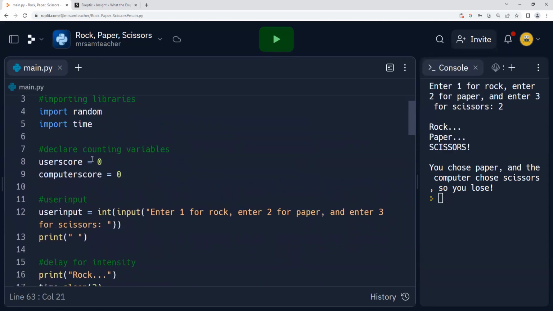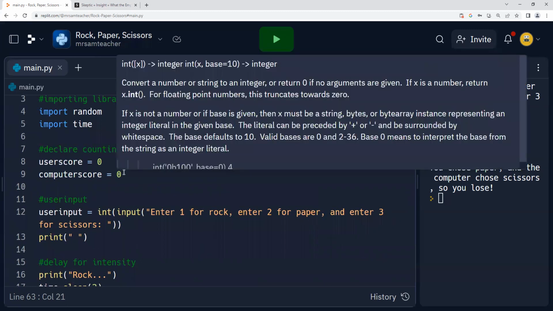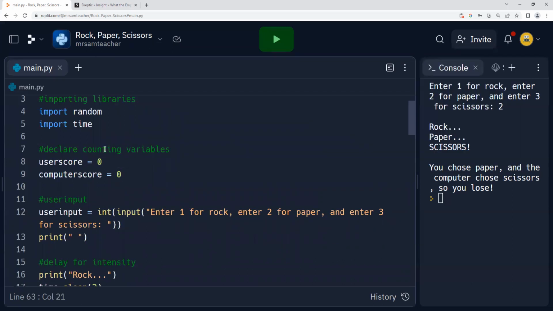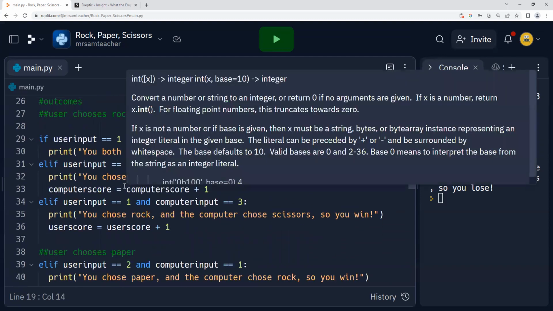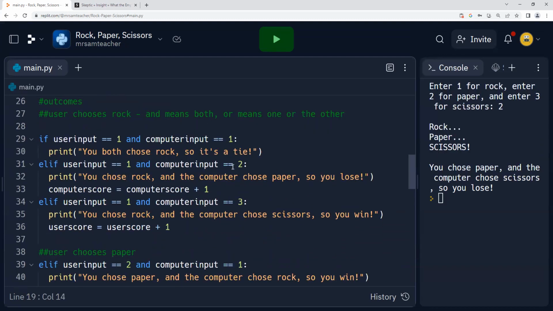That's not going to work because we have to make sure that it's a continuous thing. Because every time we declare it to be 0 over here, it's going to go ahead and reset back to 0. So if I add 1 and I run the program, it's going to bring it back to 0 with these two statements right here. Let me take a second, kind of see where a good spot would be for these guys.